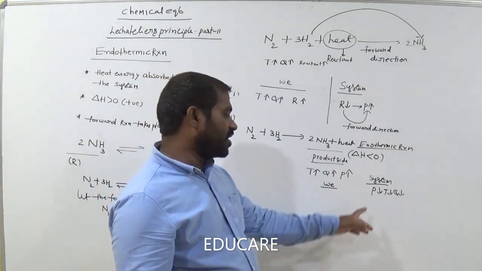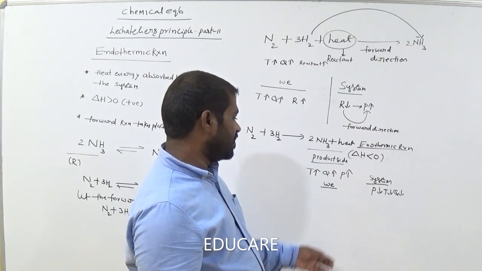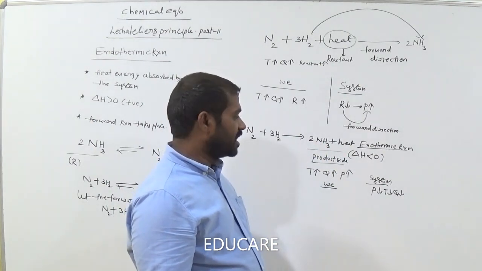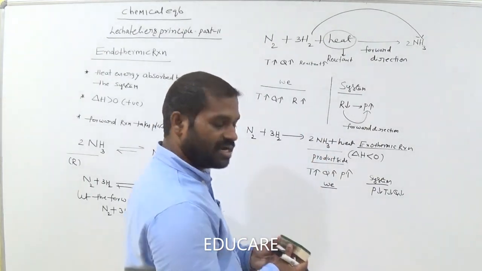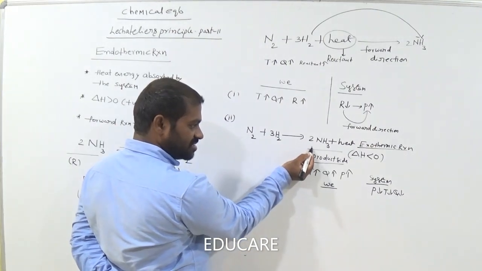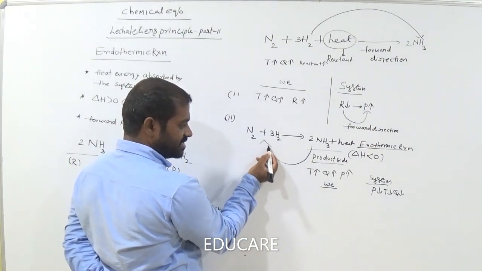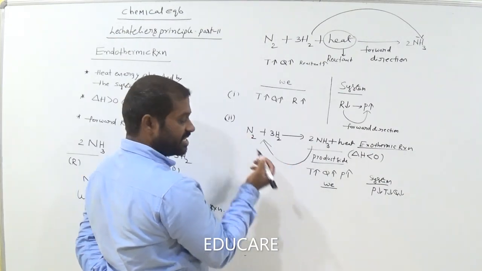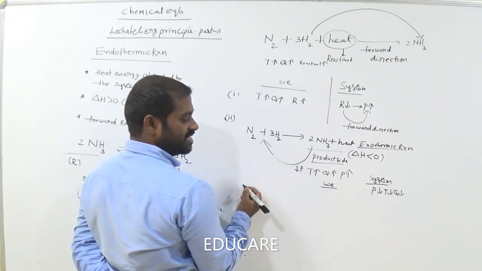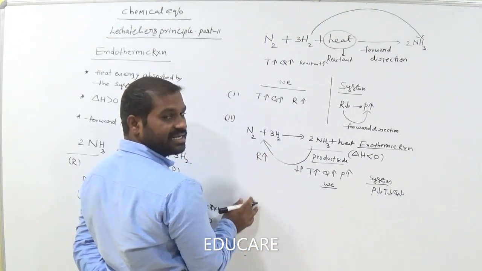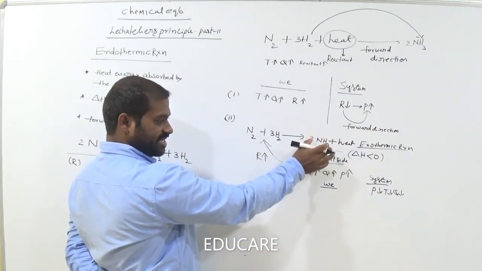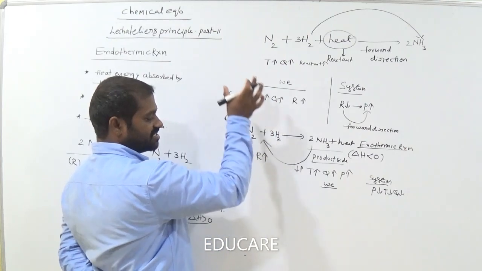Am I right? How is product concentration decreased? Now we are at the product, we increase the product concentration, am I right? Now the system tries to decrease the product concentration. How does it decrease the product concentration? Decreasing the product concentration means product shifts to reactants. Decrease the product concentration, that means increase the reactants concentration. So decreasing the concentration of product means increasing the concentration of the reactants.